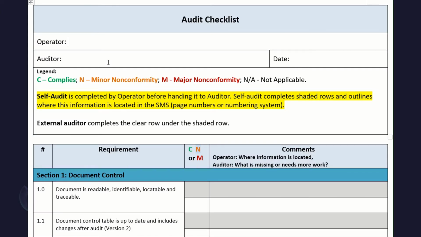The person who has written all the documentation, so the owner or the operator, the last thing you do before you hand over your SMS documentation to your auditor, you complete the audit checklist. So you fill this out. So you put in here Mike's Rock Tour, that's the name of the company, and the auditor is going to be John. And then put in the date,